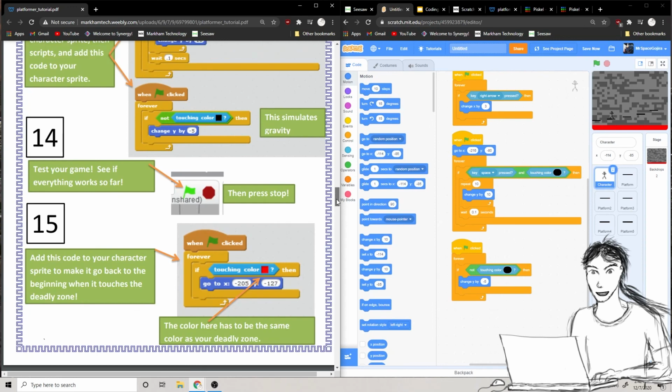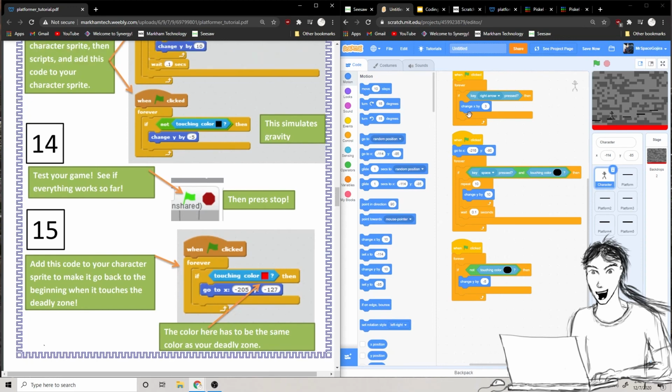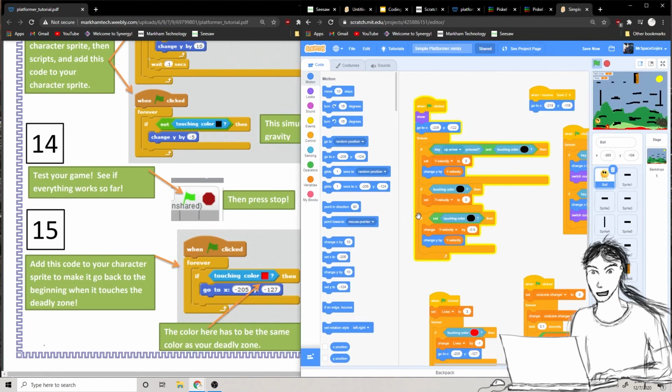If you want to get into more advanced gravity, I will show you a quick clip on how to do that here. So here's an example of how we can get gravity to work realistically in a game. Okay, so we're going to need a little bit more code, but basically, forever, if we are pressing the up arrow, or jumping basically, and we're touching the ground, then we want to set a variable to a number. Okay, and then we're going to change our velocity that we also set, okay,